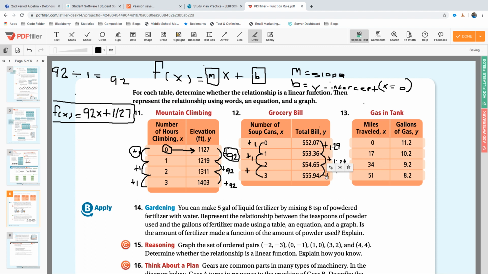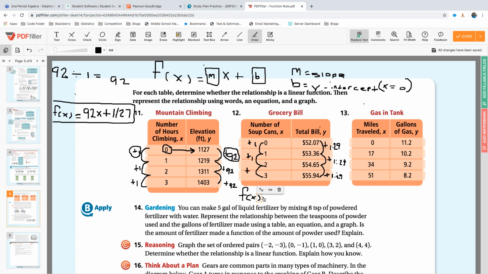And then from $54.65 to $55.94, we increased by the same value. So we got our pattern. Our input is increasing by 1 and our output is increasing by $1.29. All right, we're going to start off by creating the function rule, f of x, or function of x,